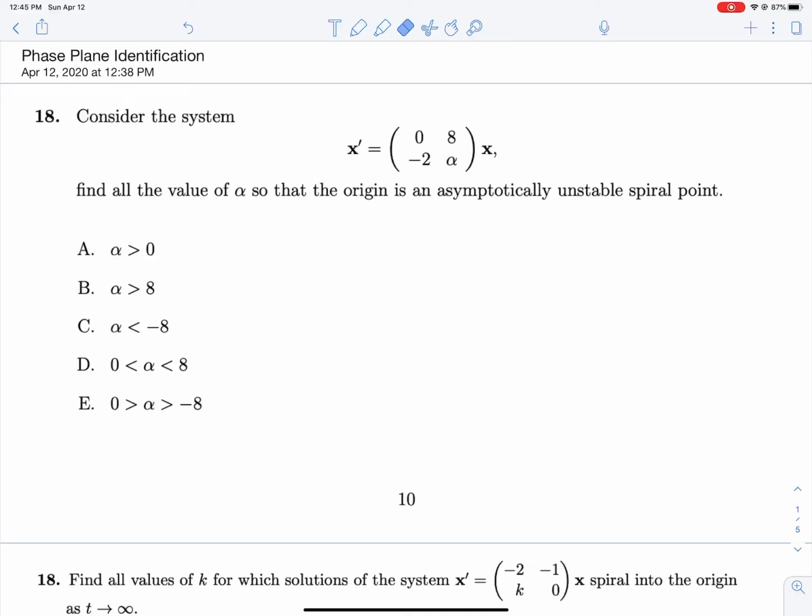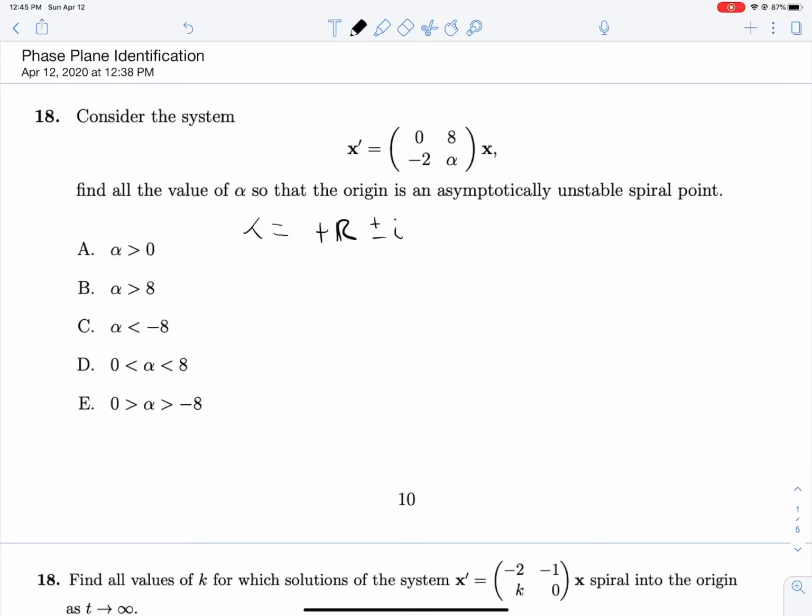And here what they're saying for an asymptotically unstable spiral point, well, asymptotically unstable, meaning you can think of the origin as kind of a mountain peak. As long as you don't start exactly on that origin, you're going to flow off down the side of the mountain away from the origin as time goes on. So we are looking for a positive real part of our eigenvalue, and then a conjugate pair